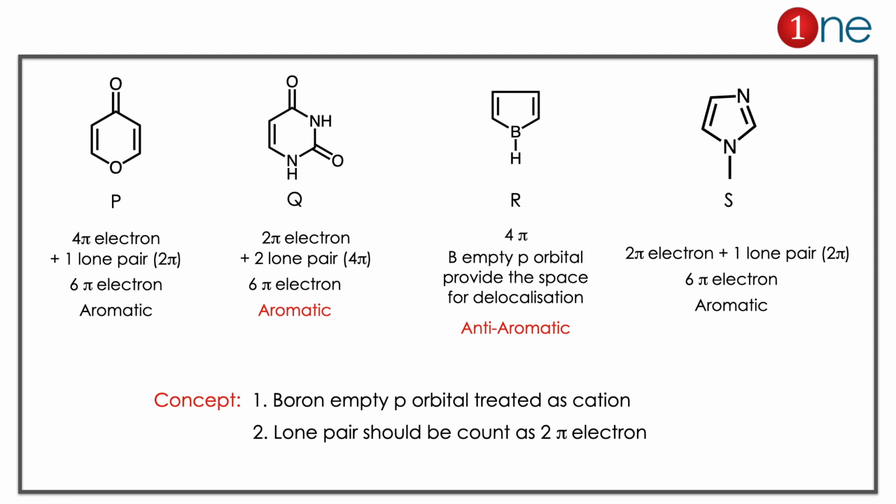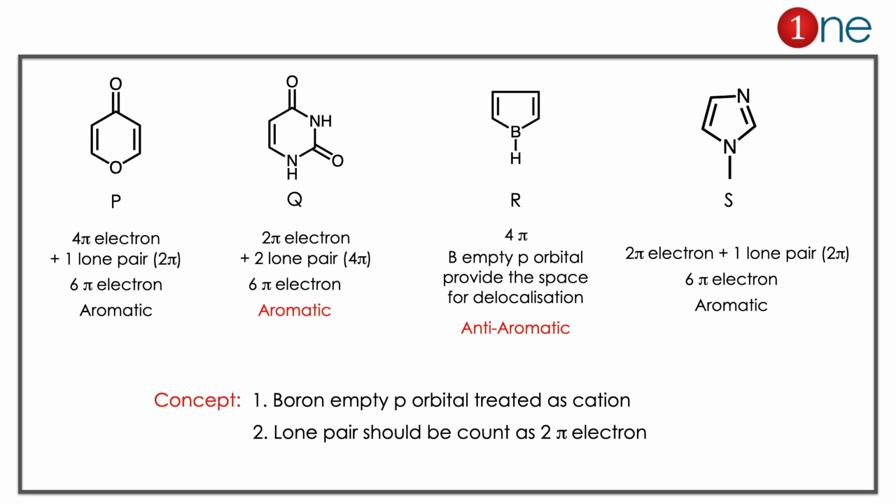Here basically you have to count the pi electrons. A lone pair contributes 2 pi electrons and a double bond contributes 2 pi electrons. If you look at the P structure, 1 lone pair contributes. So what really happens is 2 pi bonds, 4 pi electrons, and 1 lone pair leads to 6 pi electrons, which is aromatic. If you look at Q1, 1 double bond is there, which is 2 pi electrons, and it has 2 lone pairs. So 4 pi electrons, so 6 pi electrons, it is again aromatic. If you look at the S, again it is 4 pi electrons with 1 hetero nitrogen which has 1 lone pair participation, so 6 pi electrons. So it is definitely aromatic.